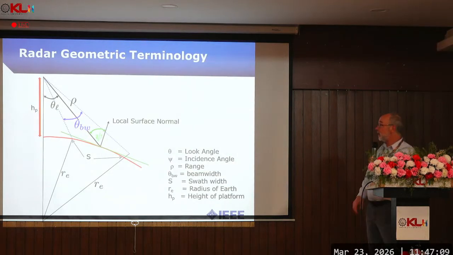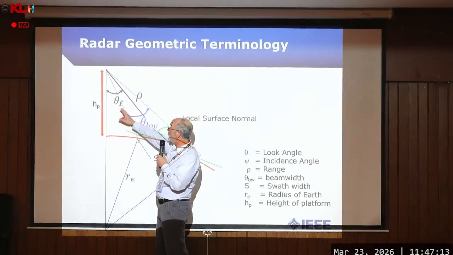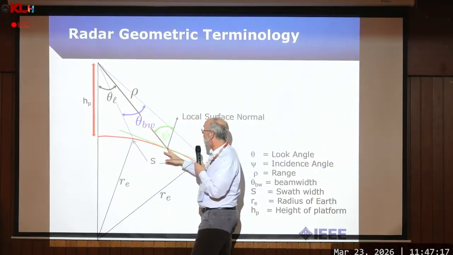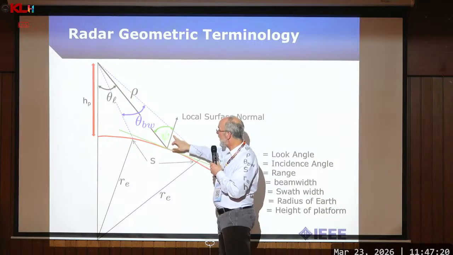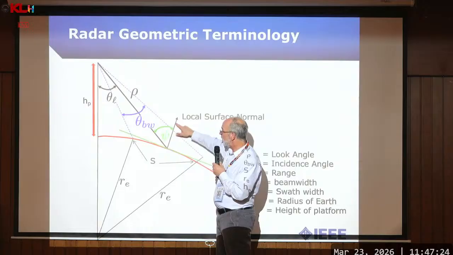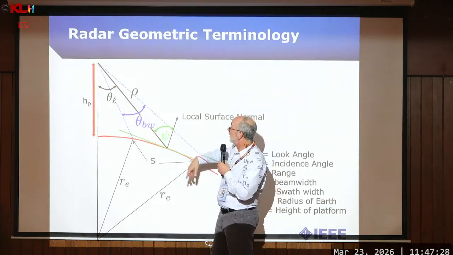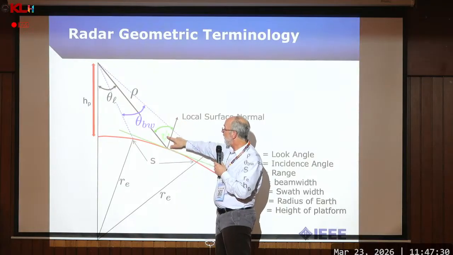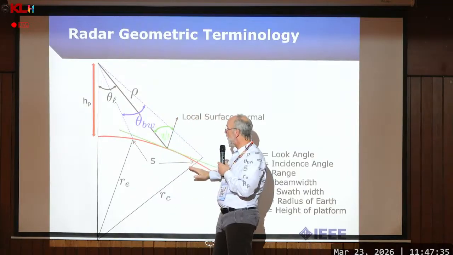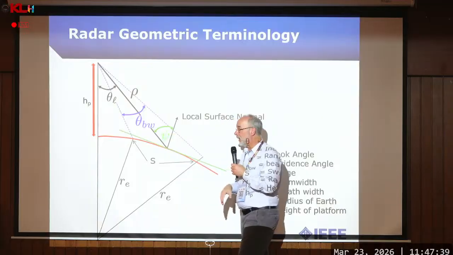This is just defining some terms. We talk about the elevation, the look angle here, theta L. We talk about the range to the target. We talk about the incidence angle, which is the angle from the look direction to the local vertical. If the Earth were flat, which it isn't, you would have theta C equaling theta L. But because of the curvature of the Earth, these numbers differ by 3 to 4 degrees